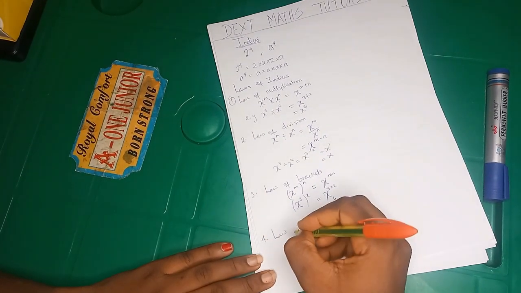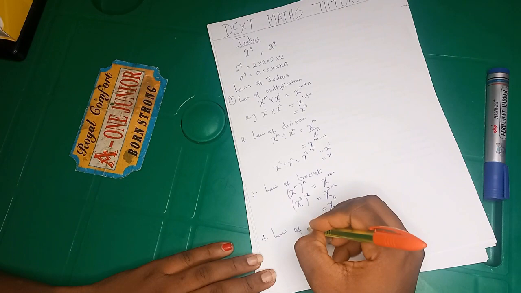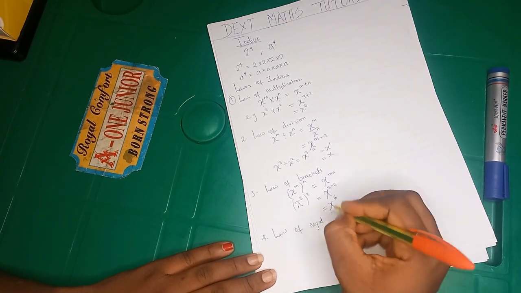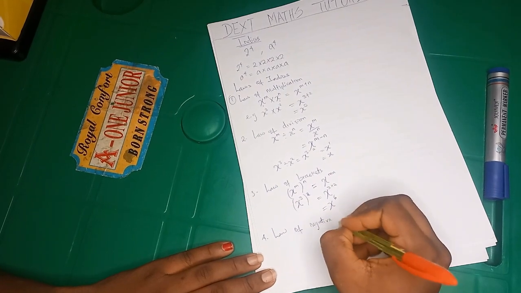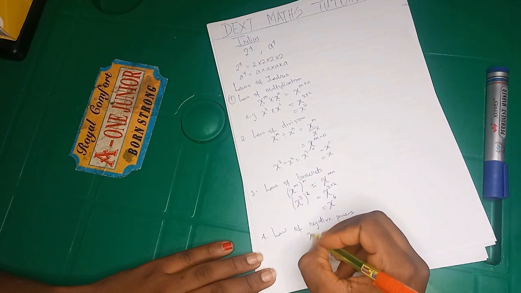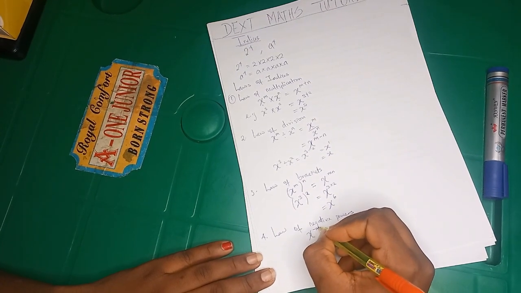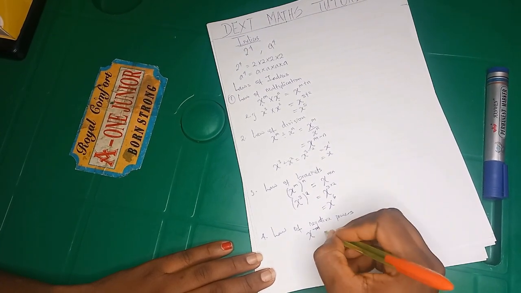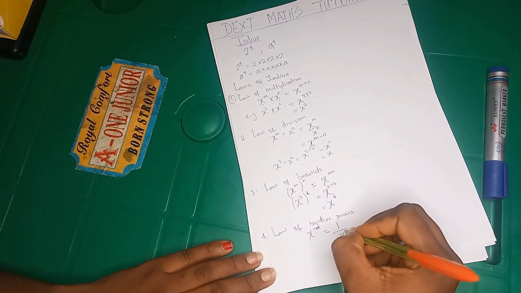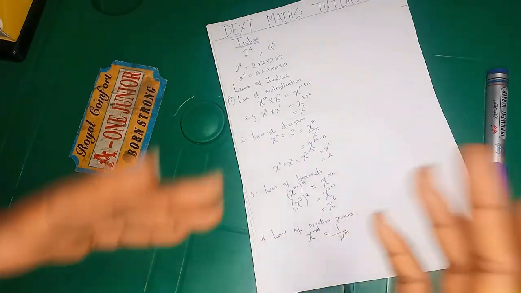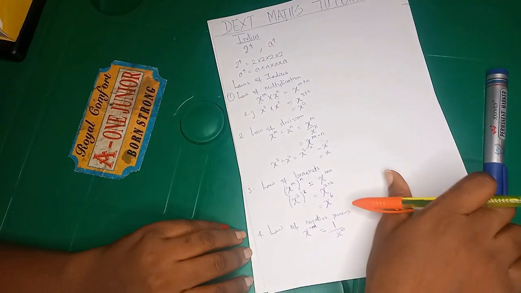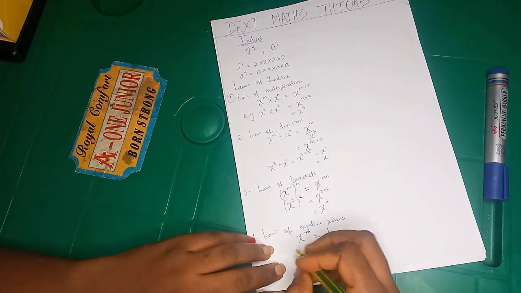It is the law of negative powers, rather. I was going to say power, but all we are dealing with is power, right? Negative powers, and this is what it means. When you have x raised to the power minus m, your answer is simply 1 over x raised to the power m. That means anytime you have a negative power, all you need to do is write the inverse of that expression. Do you understand? For example, let's say we have something like